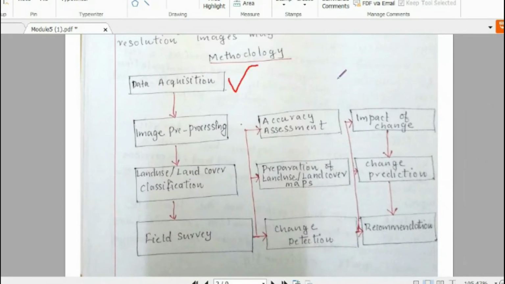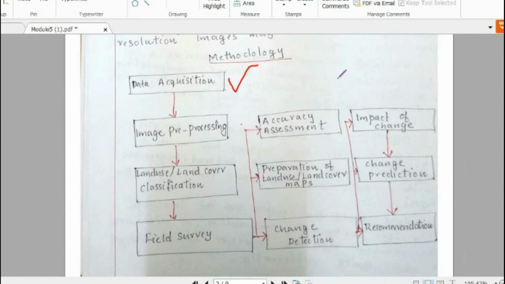Data acquisition. We know that it is remote sensing and GIS integrated technology, where the GIS software is capturing or storing the data which is collected through the remote sensing images. So I can say that if I wanted to do the land use and land cover analysis of that area, I will be depending upon the satellite images or topographic images of that area.